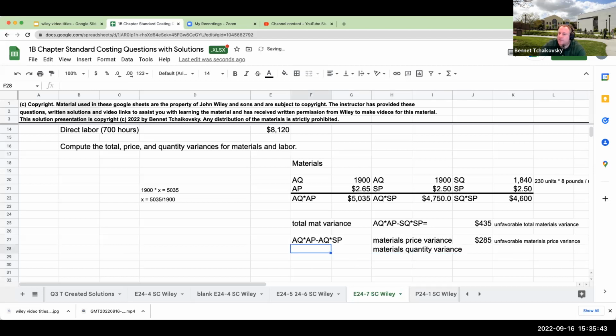Or how much should I have been using? So AQ times SP, I'm comparing the middle value to SQ times SP. Remember, I'm leaving the standard price constant, focusing on the quantity. So this over here is going to be 4750 minus 4600, or 150. I used 1900 pounds. I should have only used 1840. So this is going to be an unfavorable